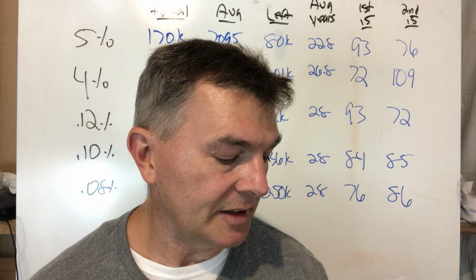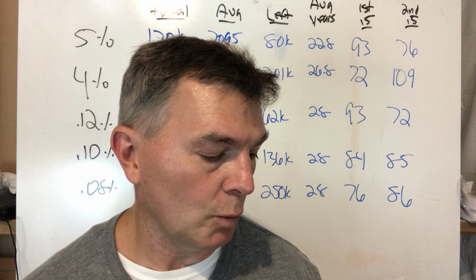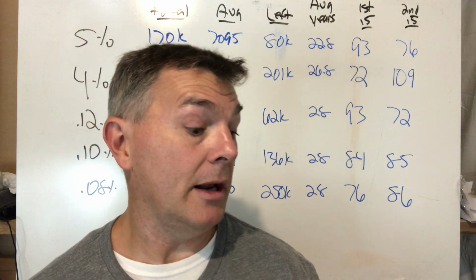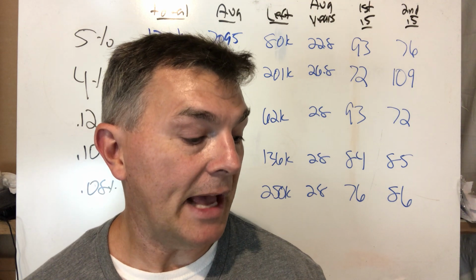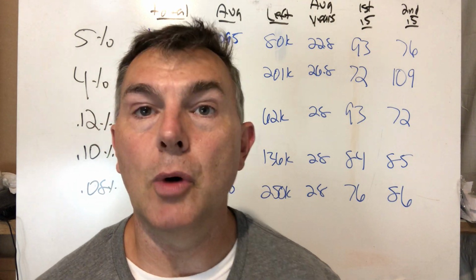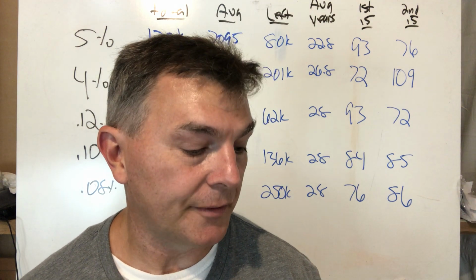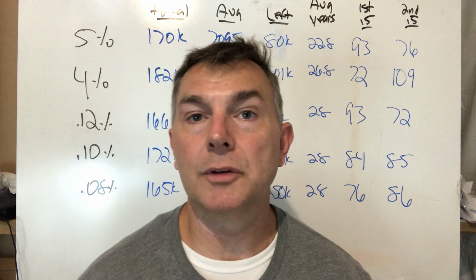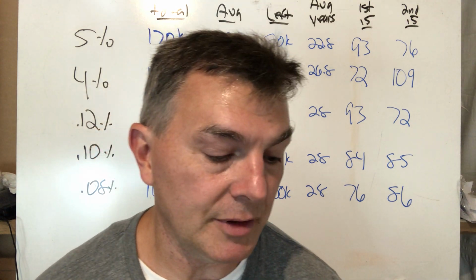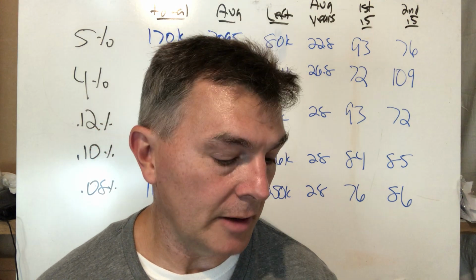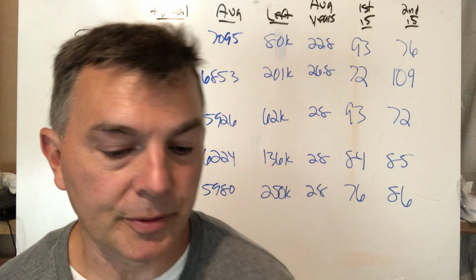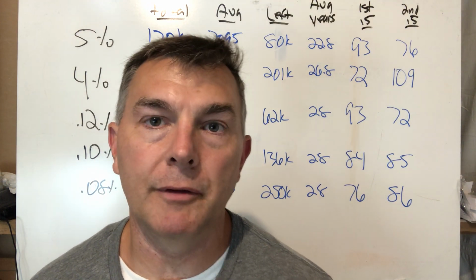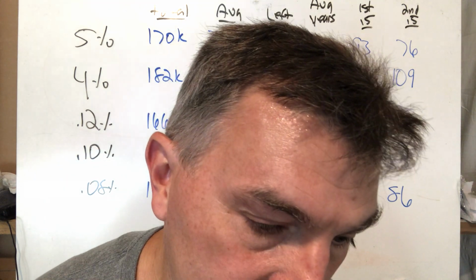So 1973, the 4% rule, I hate to say 4% rule, we took $115,000 out in the first 15 years and $217,000 in the next 15 years. 1973, we took $144,000 out in the first 15 years, and then we ran out of money after taking $94,000 out in the latter part. So you can see the 4% rule definitely saved us from running out of money twice, where the 5% rule did, but